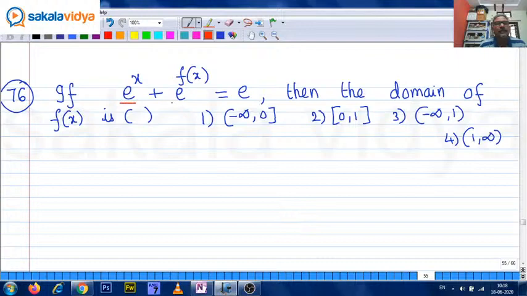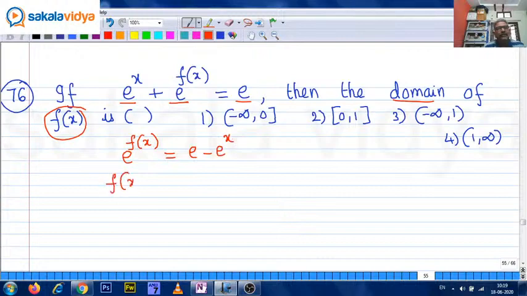If e power x plus e power f of x equals e, then the domain of f of x we need to find out. First we need to find out the f of x function. See, e to the power of f of x can be written as e minus e power x. F of x equals log of e minus e power x to the base e. To define f of x,